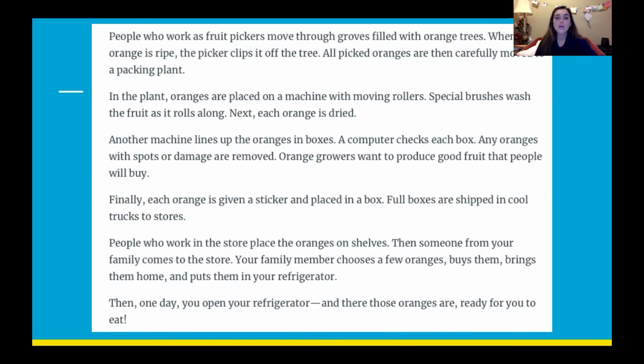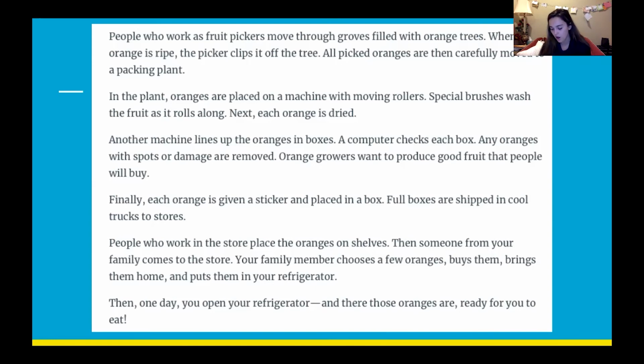Okay, you guys, hopefully you have done some work and you have filled out this last column. We already went through our beginning, and let me review what we had there. We said ripe oranges get clipped off by picker and they go to the packing plant. In our middle, we said oranges are washed and dried, oranges with damage are removed, and placed in a box, shipped to grocery store. Now for the ending, I do wish I could hear your answers, but I will just work through, and just know that if you had more or different information, that is okay. Maybe try working with a partner or with an adult to make sure that you have all the main ideas in there. Okay, so I am going to write